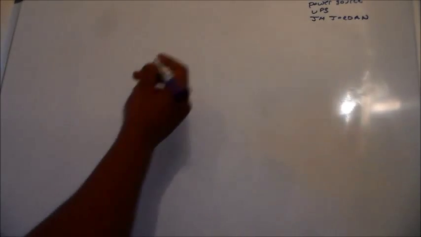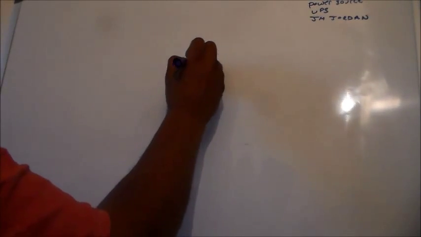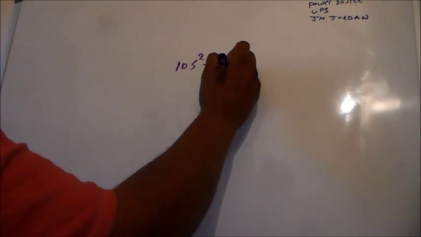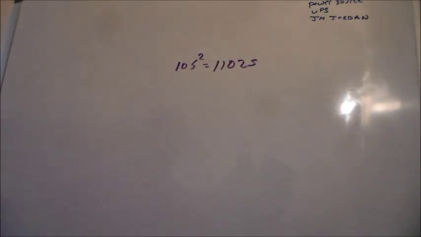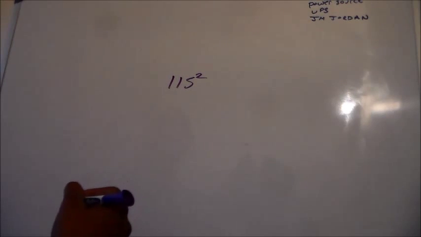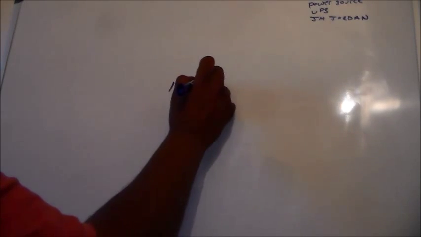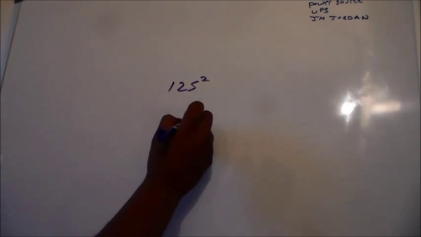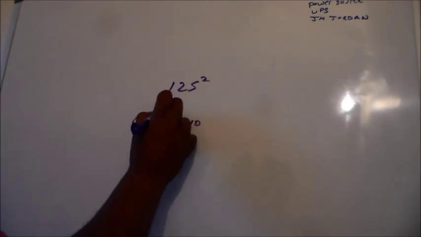All I'm going to do is bring over the 120 and then add a 0. So this next one is easy. If we take 105 and we're squaring that, then it'll just be 10 times 11, which is 110, and then 25. Okay. Let's say we're taking 115 squared. Then it'll be 11 times 10. Same answer, 10 times 11, 11 times 10. So let's just say we're going to do 125 squared, because that was kind of too easy. Now 12 times 13 is what we're going to have to multiply. Now if we use our reference multiplication, it's